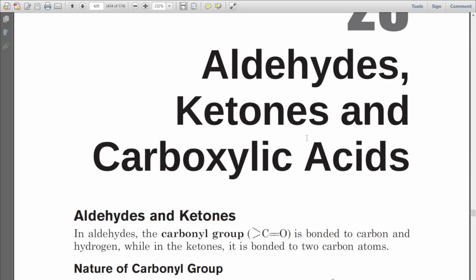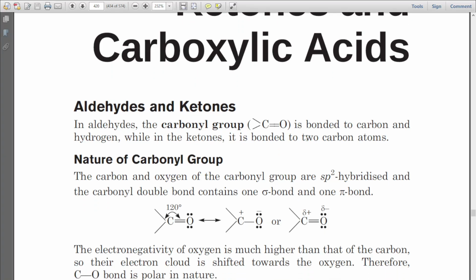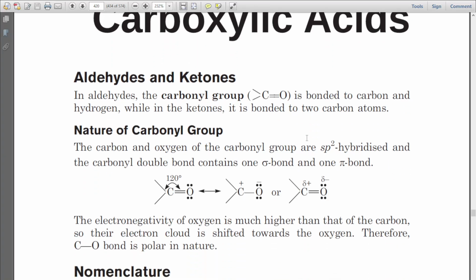और कीटोन्स ऐसे फंक्शनल ग्रुप होते हैं जिनमें कार्बोनाइल ग्रुप, यानी C double bond O, प्रेजेंट होता है। एल्डिहाइड्स में टर्मिनल में प्रेजेंट होता है और कीटोन्स हमेशा इन द मिडल ऑफ द चेन प्रेजेंट होते हैं। दैट इज, कीटोन्स ऑलवेज हैव टू बॉन्डेड कार्बन एटम्स। Now carbonyl group has a partial electronegativity difference which is created due to the